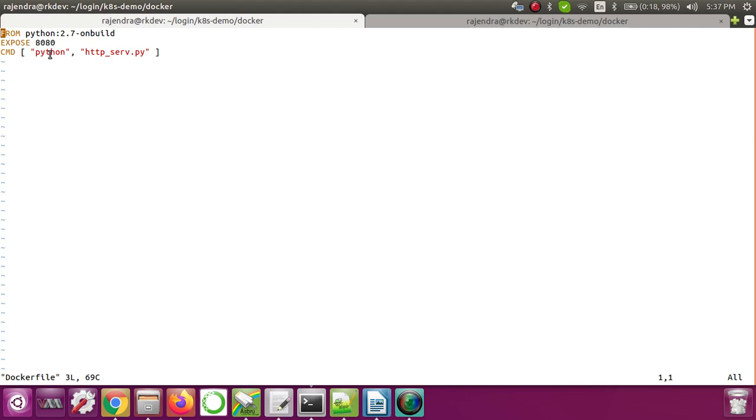So let me repeat. The first step is what all instructions we need to write, that we have to define first. And the next step is what will be the sequence of these instructions.